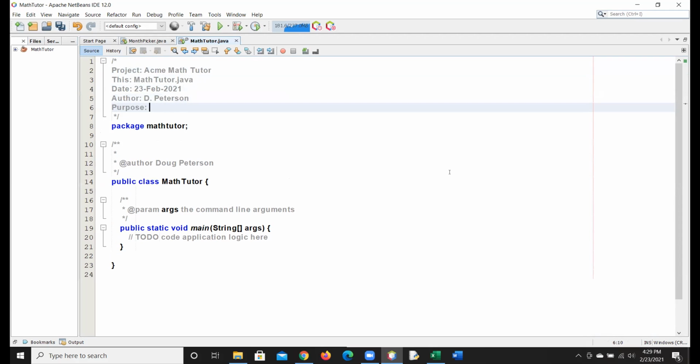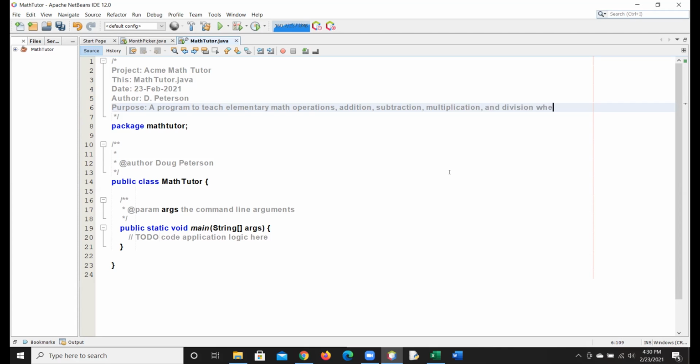Purpose is a program to teach elementary math operations: addition, subtraction, multiplication, division,